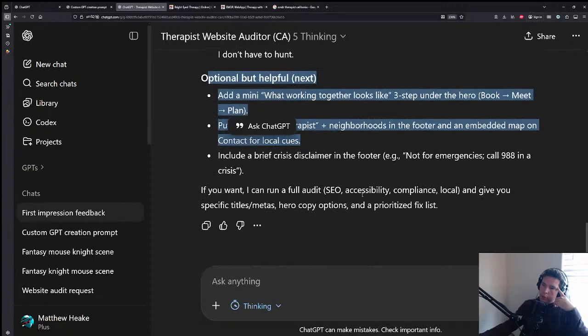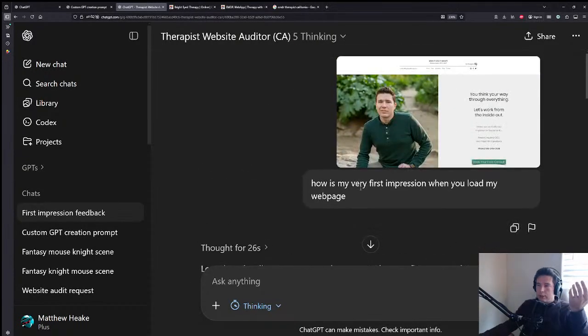Optional but helpful next steps. I mean, that right there just gives me easy to follow changes I could make to my website. I'm going to ask it a broader question. What are,